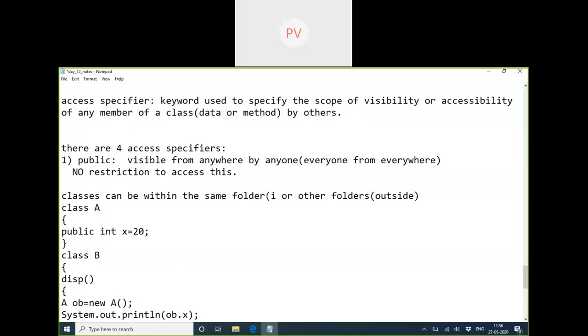Same folder means inside the same folder. So the classes from the same folder or classes from any other folder, whichever folder they may be present in, can access any data which is public or any method which is public. No restrictions on it.